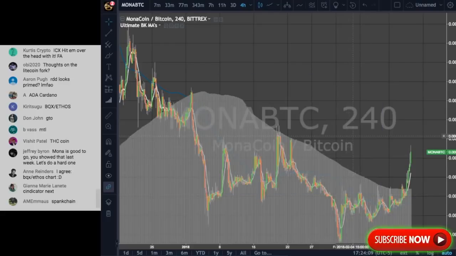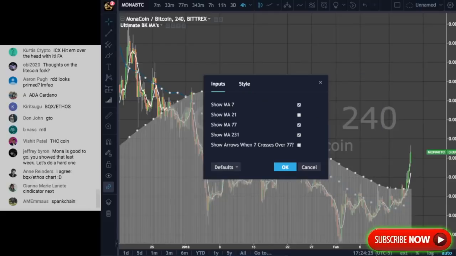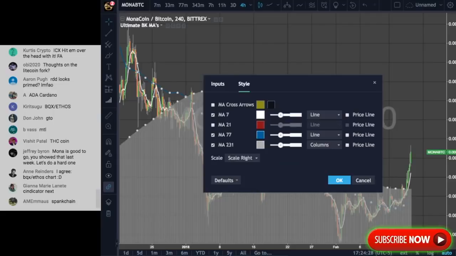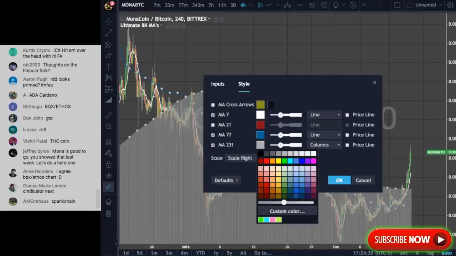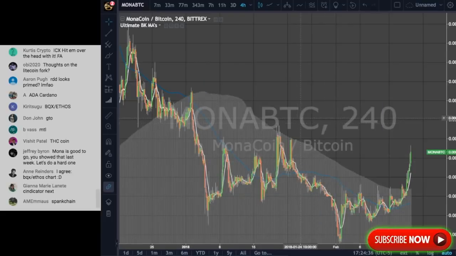And for this guy, what we have is a system of simple moving averages: a 7, a 21, a 77, and a 231. I normally don't use the 21. We don't really need it that often. And the 231 is kind of like these big gray columns in the back. I just like to fade them out a little bit just so we have a little bit of depth to the wave of the cycle that we're on,